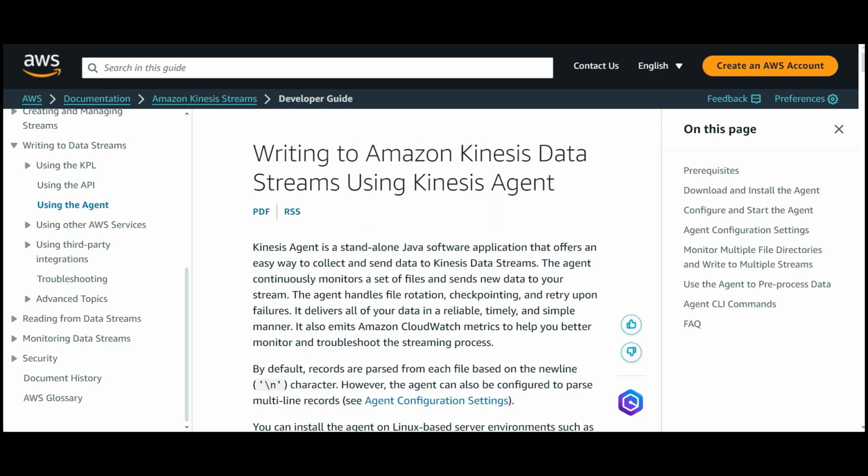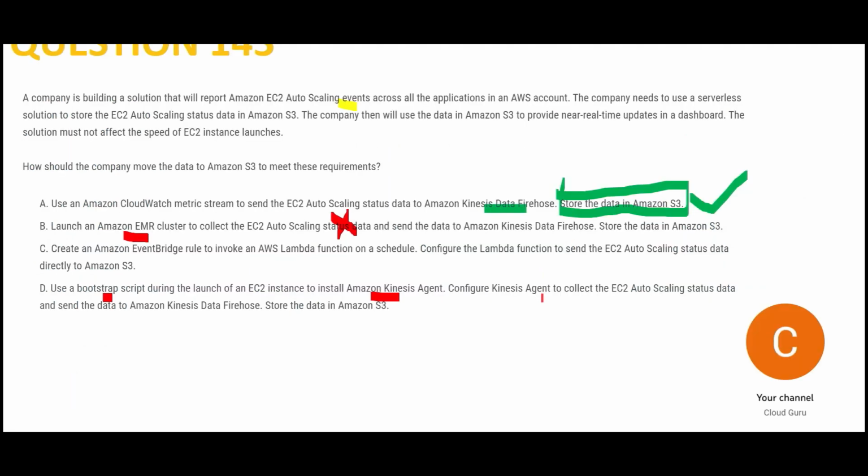So it is telling us to use this agent to collect the auto scaling status and send it to Data Firehose and then to S3. Okay, so this would impact the speed of the EC2 instance. You are supposed to choose a solution that does not impact the speed. This is a long shot, with so many steps.